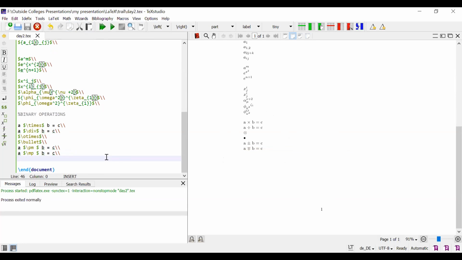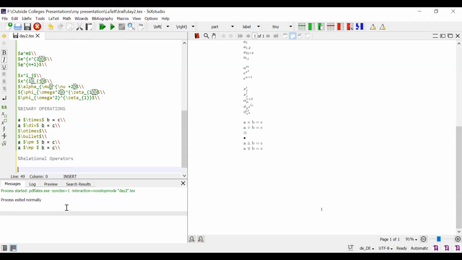Next one is relational operators, that is less than or equal to, greater than, greater than or equal to, parallel, asymptote, models, like this. Now I'm going to write the relational operators.